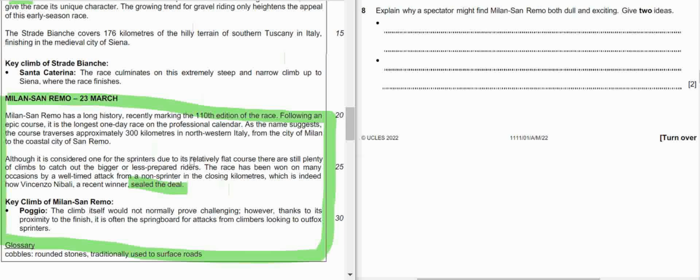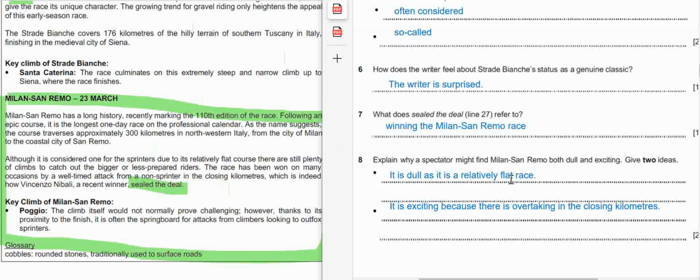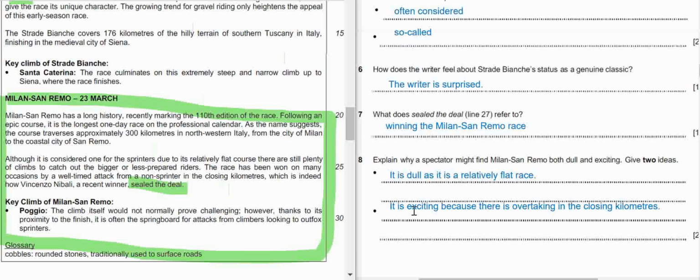Alright, I got your answer. If you have not, we may pause this video. Let's check out the answer, guys. So it is dull as it is a relatively flat race, and it's exciting because there's overtaking in the closing kilometers. So it says here, due to its relatively flat course, or not much things to see or watch, just the casual cycling on a flat course road, and that is why it's dull and exciting,